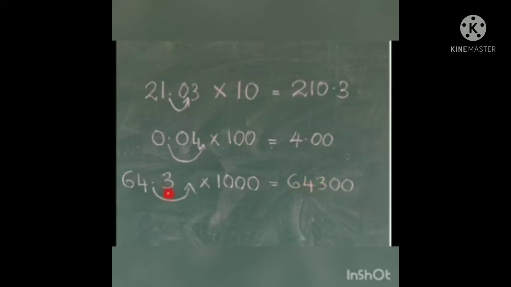64,300. Here after 3 we don't have a place, isn't it? So in order to make 2 places more, here only one place is there. We need 3 places. What did we add? 2 more zeros. So we got 3 places and the point comes here. Here we don't need to put the point because there is no number after that. So no need of putting the point. So the answer is 64,300. So in this way, when we are multiplying with 10, 100 and 1000, keep in mind when it is multiplication, the point shifts to the right.